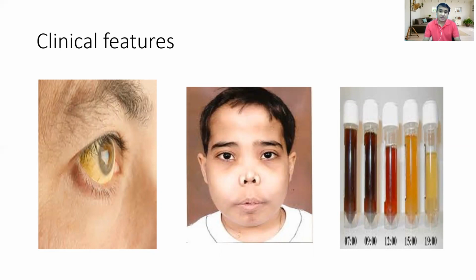It is not necessary that in every type of hemolytic anemia you are going to see all these clinical features, but if someone has these features besides the features of anemia, then we have to strongly suspect hemolytic anemia. Someone may have anemia with jaundice, someone may have anemia, jaundice, and this type of face. Someone may have just anemia and pass hemoglobinuria like that.